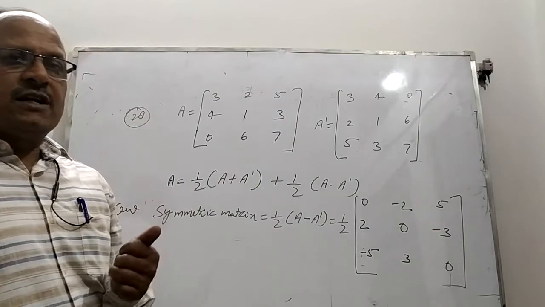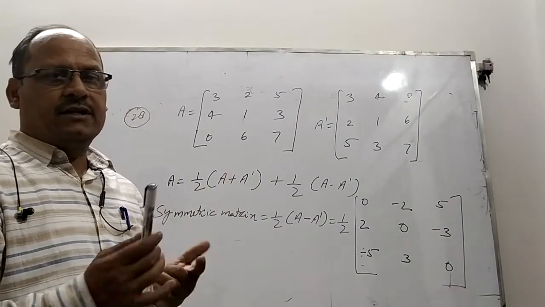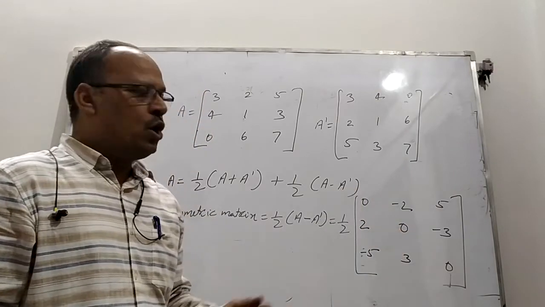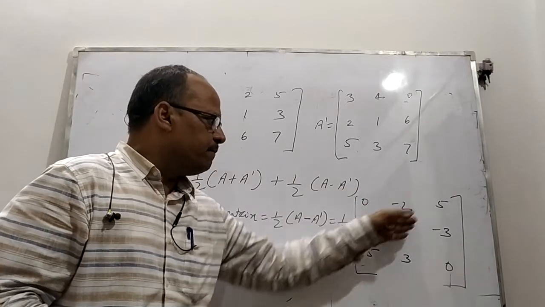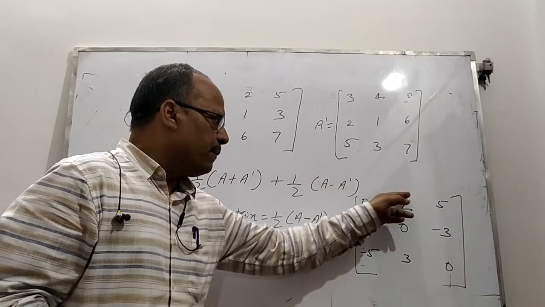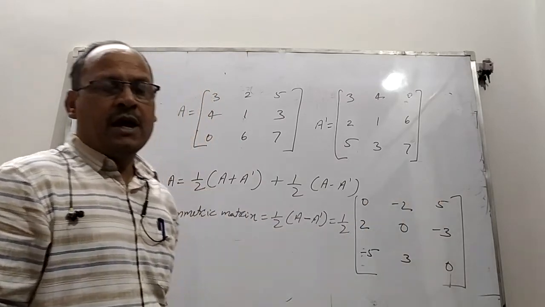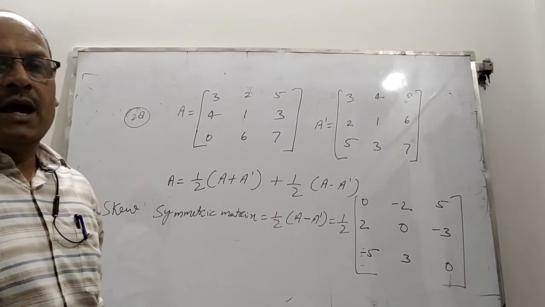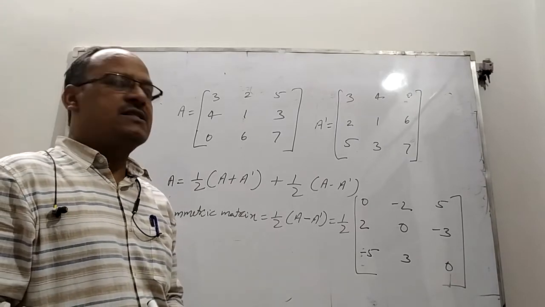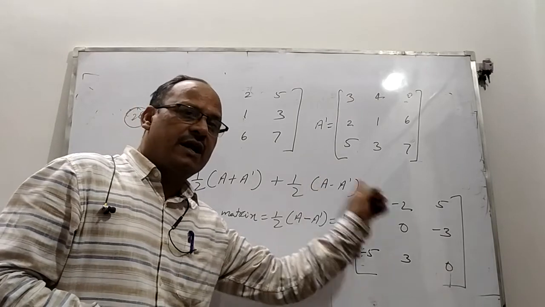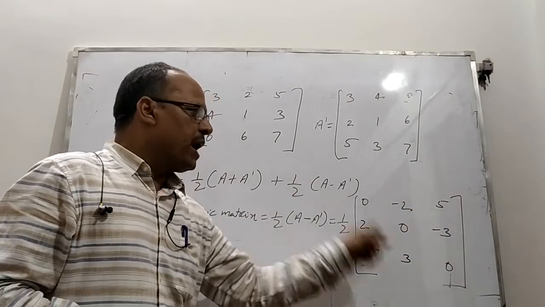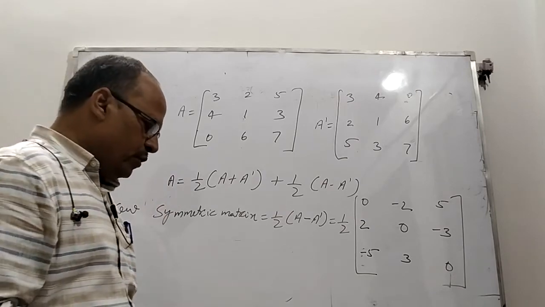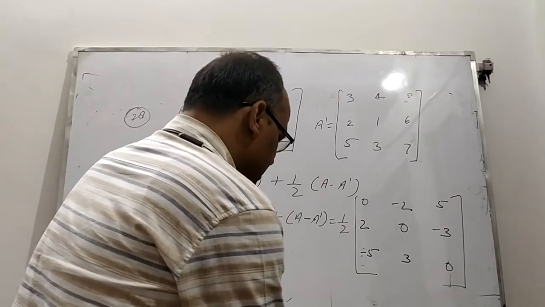Suppose someone made a mistake while calculating. At least one element, or two elements, are not 0 and the others are negatives, their signs opposite to each other. In that case, it is not a skew-symmetric matrix. In a skew-symmetric matrix, it is necessary that the primary diagonal, not the secondary diagonal, has all elements 0. So in this way, you will try to solve the questions from this exercise.